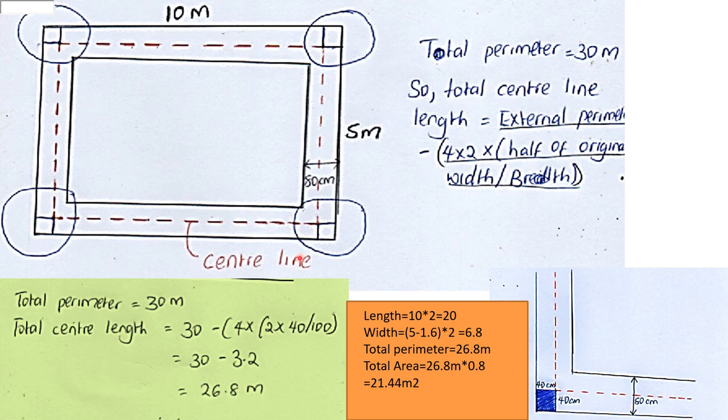Why the full thickness? Because here we have half the thickness, half the thickness. So if you take 2 halves of the thickness, we shall get the full thickness. So a simpler way: we can take the number of corners and multiply by the full thickness of the wall. In our traditional method of finding the center line, assuming it is a contractor who was constructing this room and